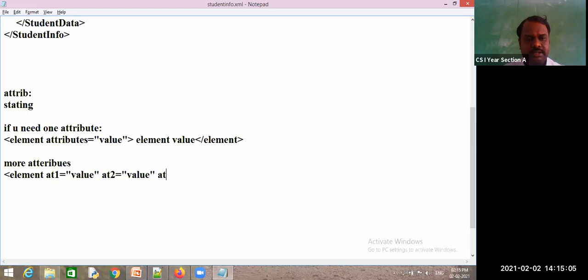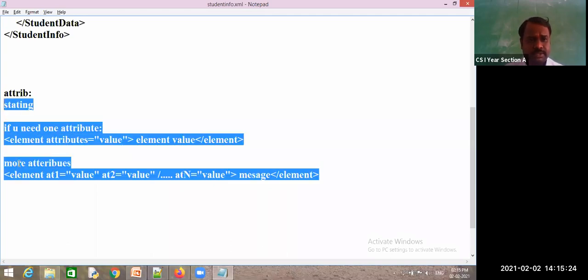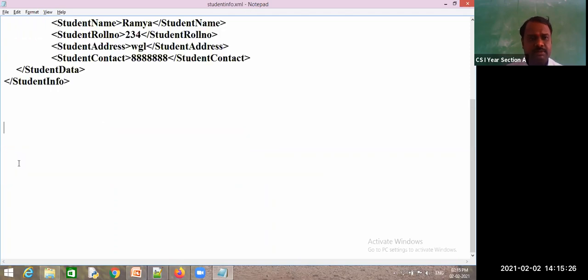Next attribute and value, so you write your required number of attributes. Then you write the message you want over here, and you need to close this element. So this is the way we write additional information.